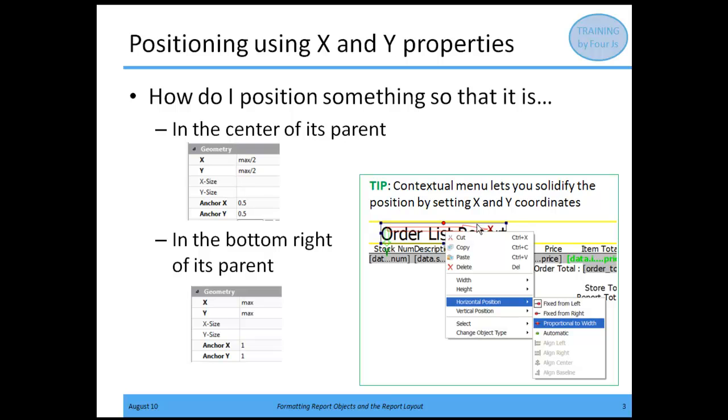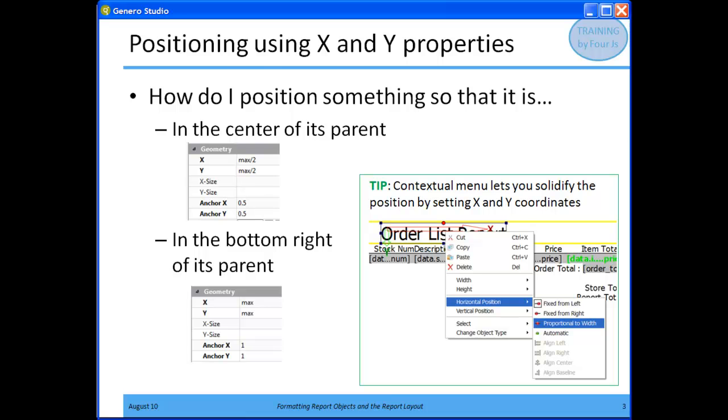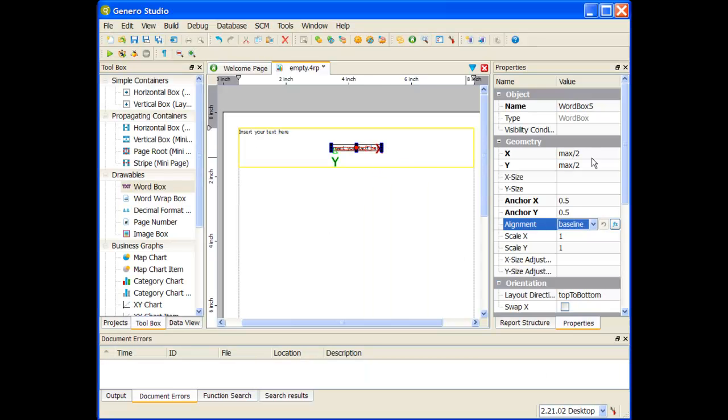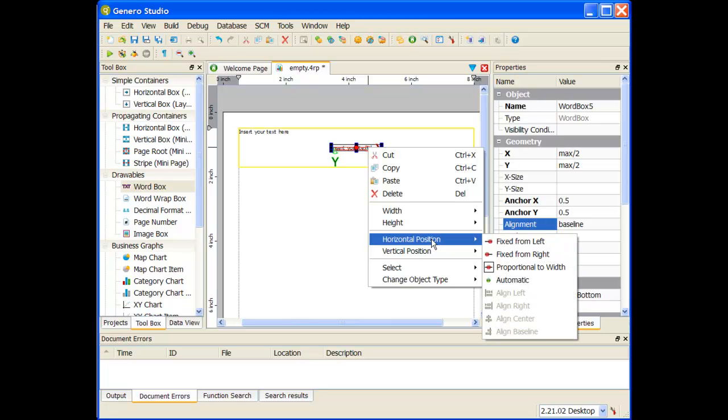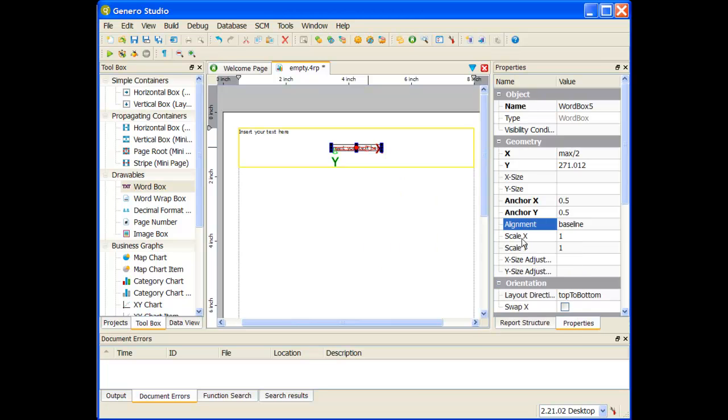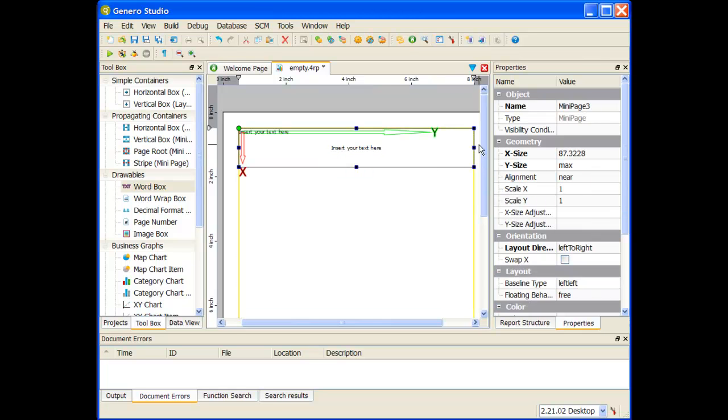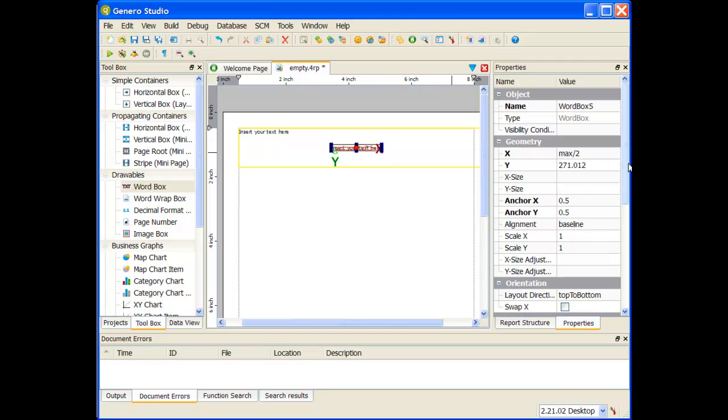You do have a contextual menu when you right-click that lets you solidify the position, and it sets the X and Y coordinates. Let me show you this right now inside of Studio. So if I right-click here, we see it's max divided by 2 and max divided by 2. If I right-click and I say I want to set the horizontal position so that it's always fixed from the left-hand side, it's going to put in the number